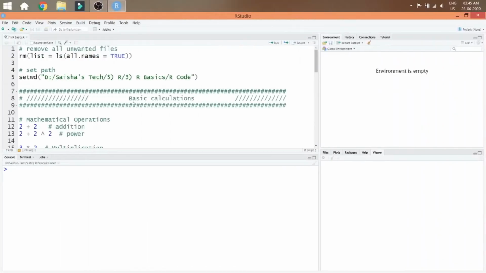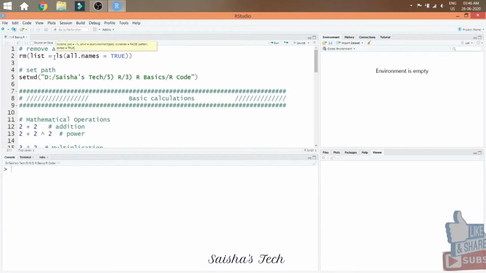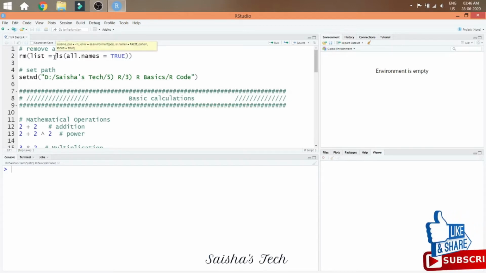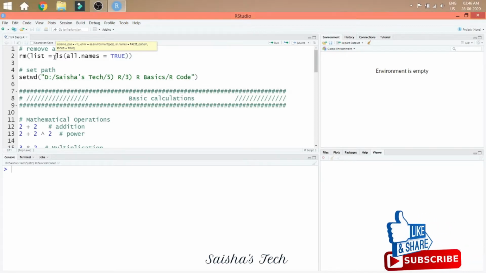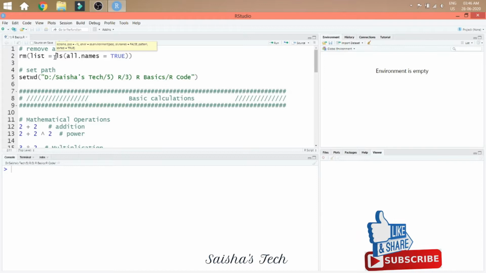Before I start with R basics, let me provide you two shortcut keys which can help you to run the commands and clear console. That is, Ctrl plus Enter helps you to execute the current line in the editor, and similarly Ctrl plus L clears the console. The rm function helps to clear environment variables. In line 2, the rm function is selecting all the matrices, data frames, lists, values, and variables in the environment and clearing the workspace.